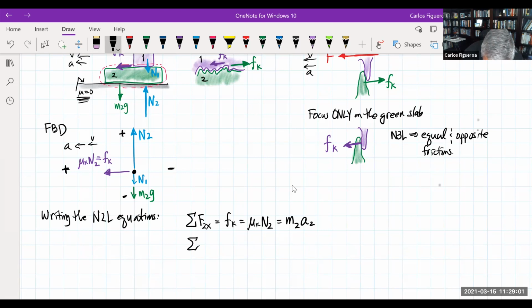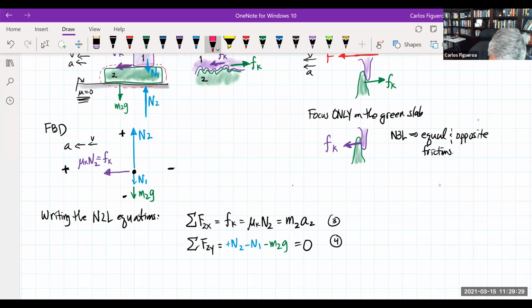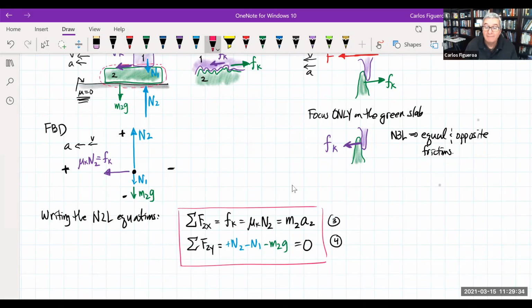So then if I look at the second one, you could see that I get positive N2 minus N1 minus M2G. And then that has to be in static equilibrium. So we're seeing here that I now have these equations, and there's a couple of things that we can talk about. First of all,